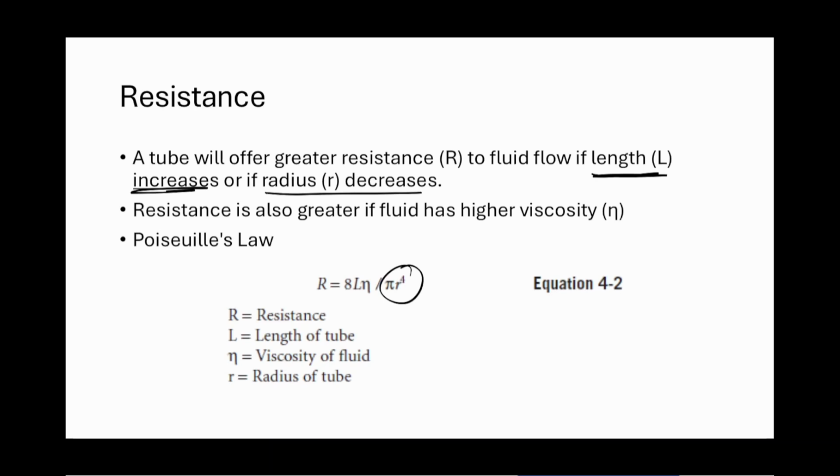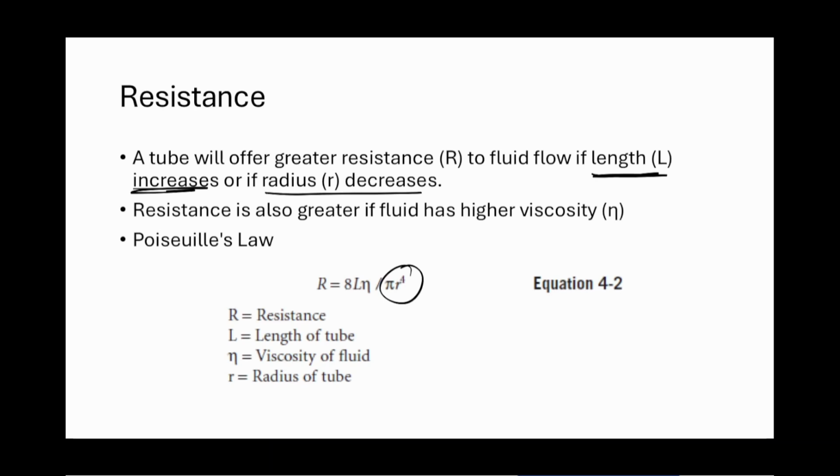Start thinking about resistance as the blood pressure. If I increase the radius of the vessel, the blood pressure is going to drop. That's what a lot of the medicines that you give are targeting: the smooth muscles of the arterioles, to cause vasoconstriction to raise your pressure or cause vasodilation to drop your pressure just by altering the radius.